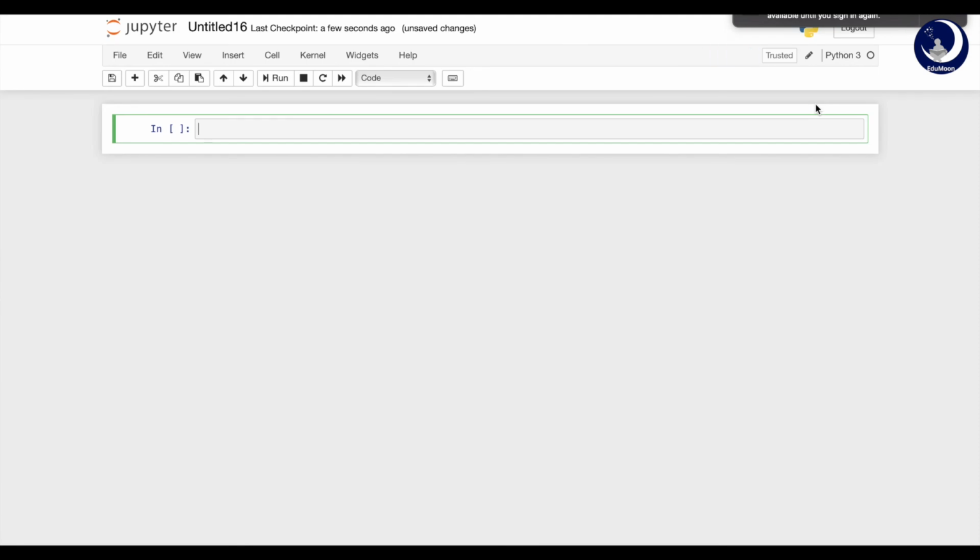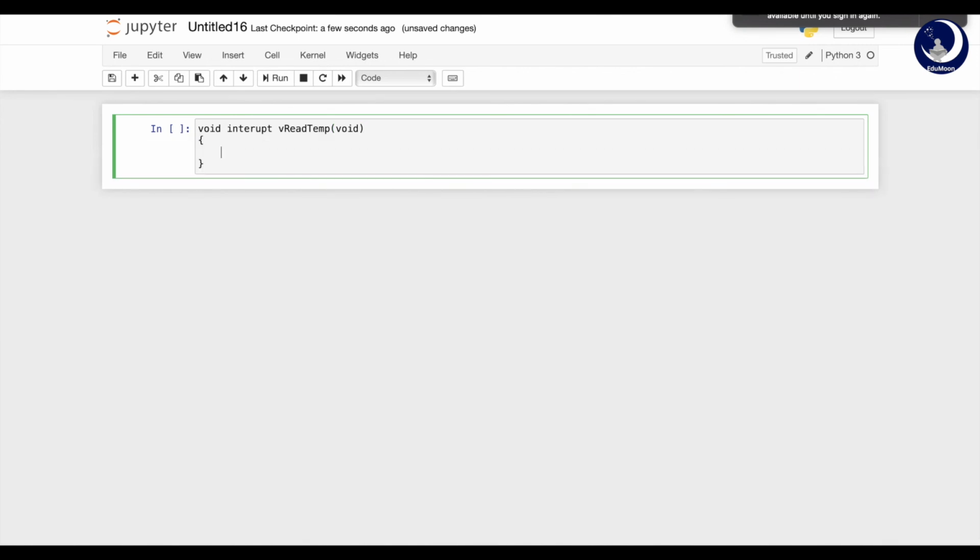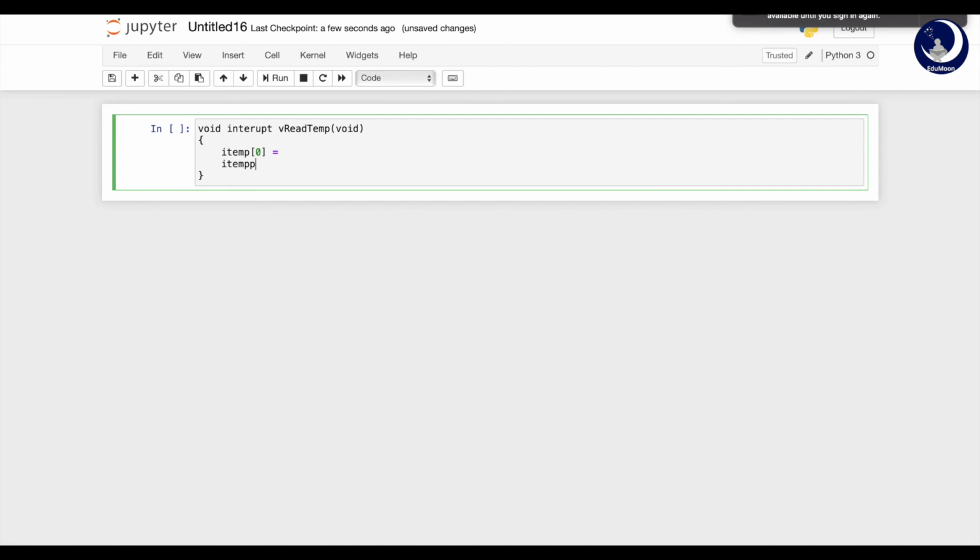So this is the original code. In general, I'm having an interrupt, void interrupt, I'm just putting it as temp of void, and I temp of 0 is equal to something, and I temp of 1 is equal to something, and this is my interrupt.